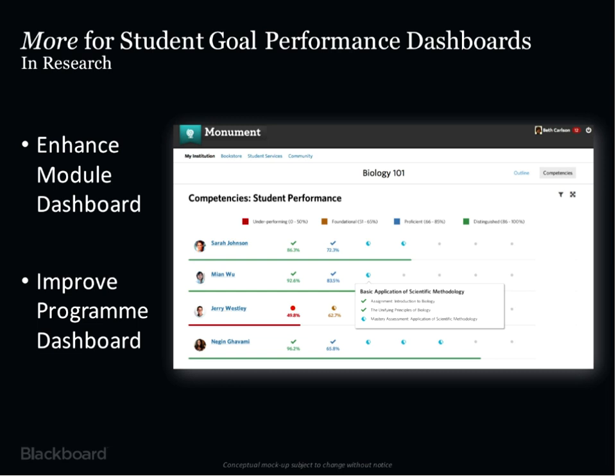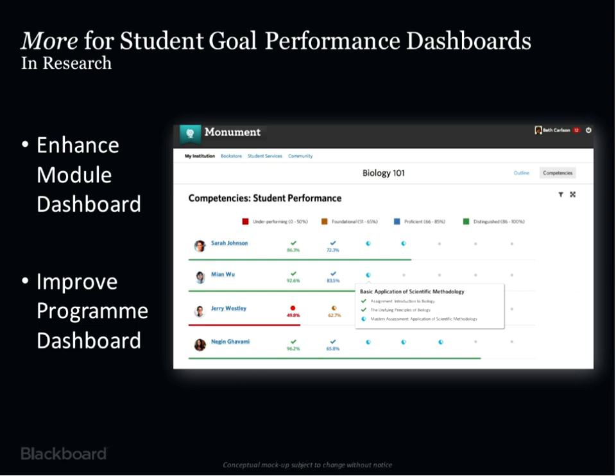With the October 2014 release, we released the Student Goal Performance Dashboards, and these were dashboards to give students and educators insight and transparency into the learning outcomes that are being developed and measured within the course, as well as the program or course of study, by displaying those both within the course context as well as the course of study or the program and aggregating them.